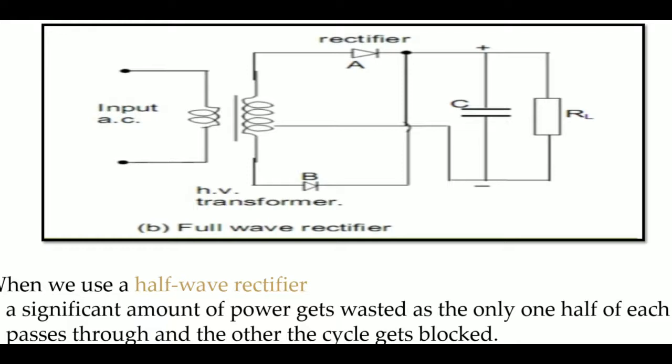Okay. So from the construction point of view, what are the main parts it consists of? The first one is the center tapped transformer, and then the two diodes. We can call them A as well as B, and the important one is the resistive load here. So getting my point? These are the three main parts of a full wave rectifier circuit: center tapped transformer, two diodes, and the resistive load RL.